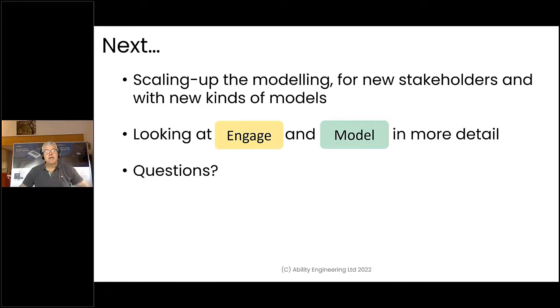We're going to look at now, we've figured out what we're going to deliver, we've figured out how we're going to deliver it. I'm next going to look at engaging and modeling in more detail,